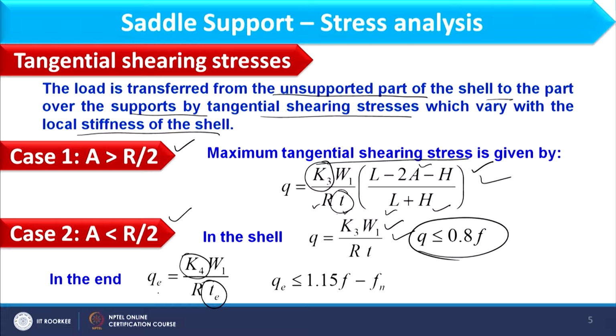The condition to be satisfied is that QE should be less than or equal to 1.15